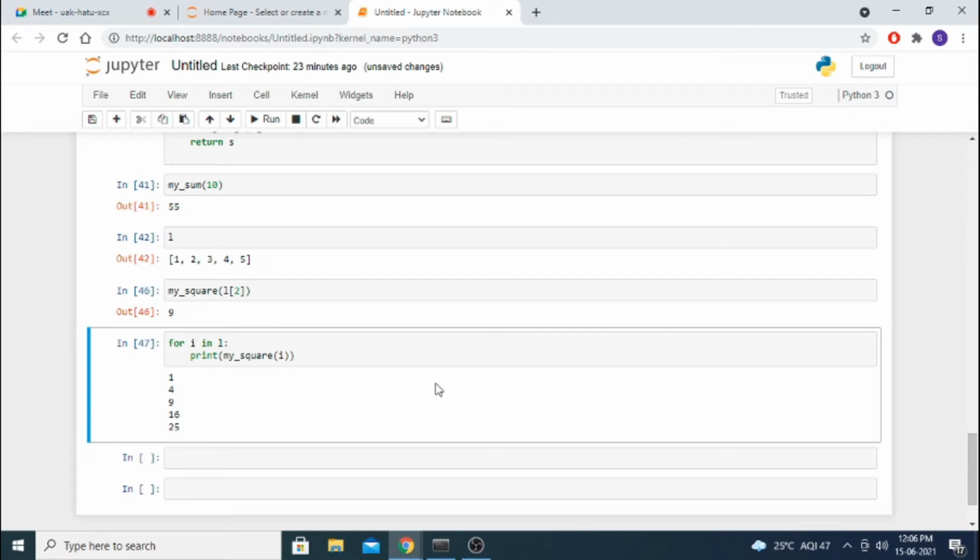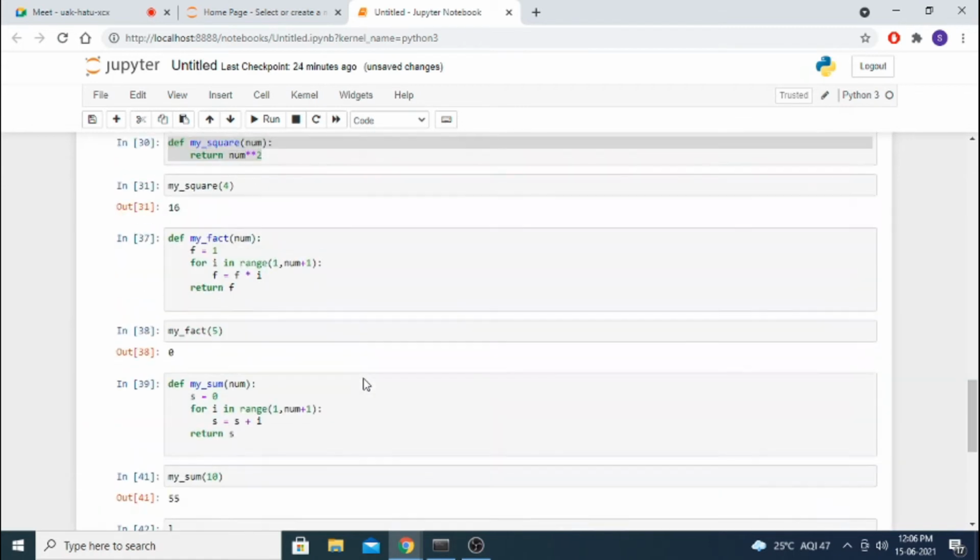Okay, this is how we can merge the list with the function using a for loop. So three things are added: I created one list, I am using the list in a for loop, and I am calling one function, so that each element will be sent to that function and it will get the result back. Like that we can do.